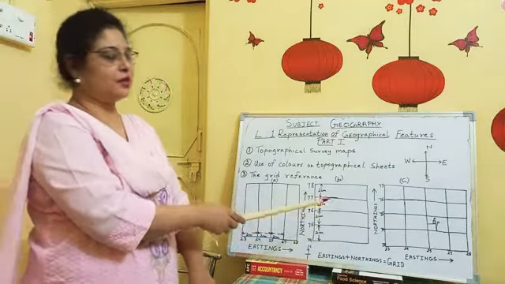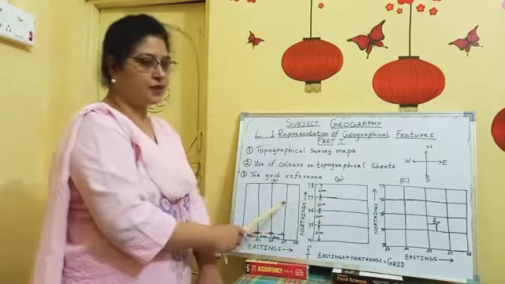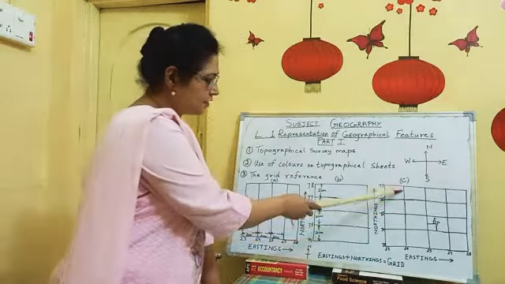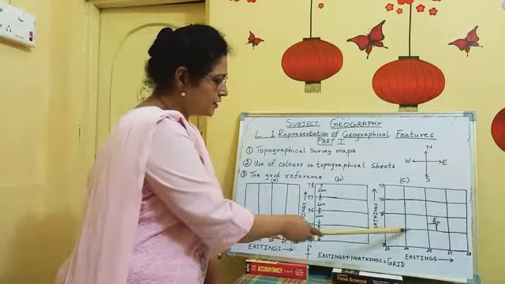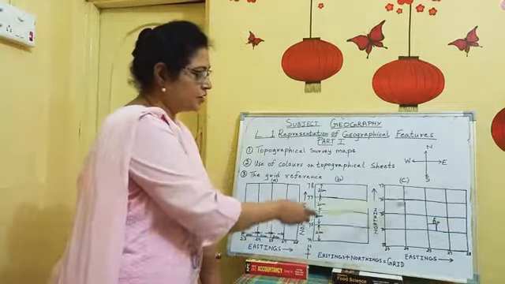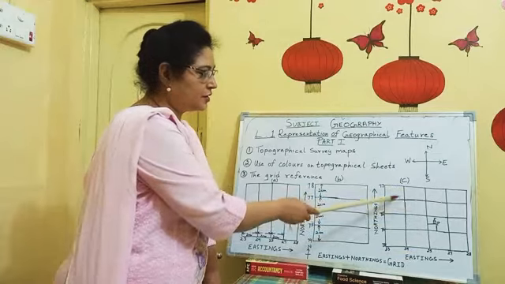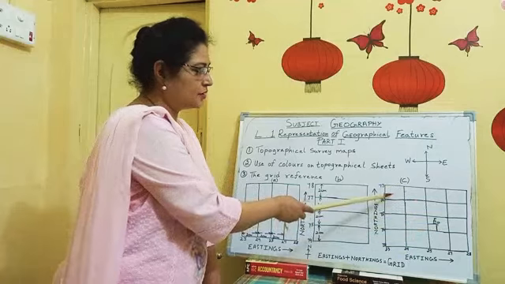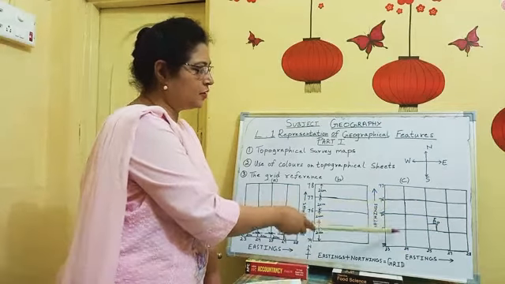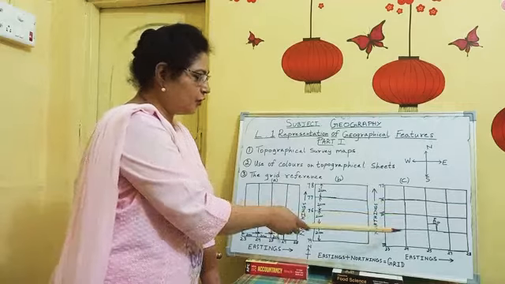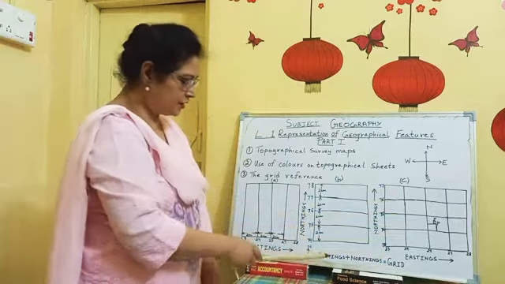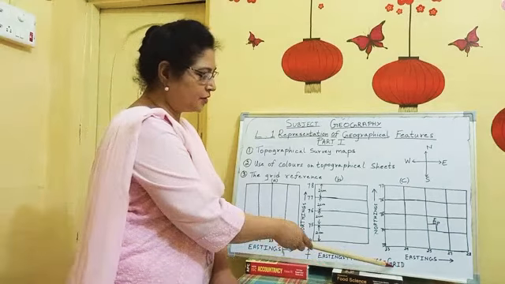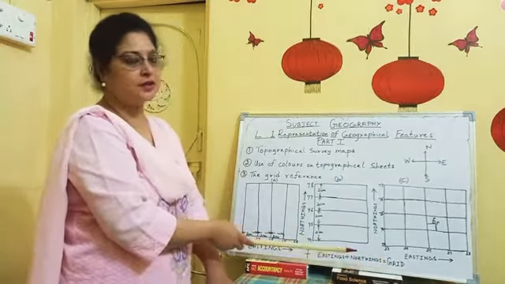And when we form a grid, these two networks of lines, that is the vertical and the horizontal lines together, you can see these are the vertical lines and these are the horizontal lines. So these together form a network of lines. You can see they form squares of equal sizes. So this network together forms a grid. So what is a grid? Grids are actually eastings and northings together. They are also known as a grid reference.